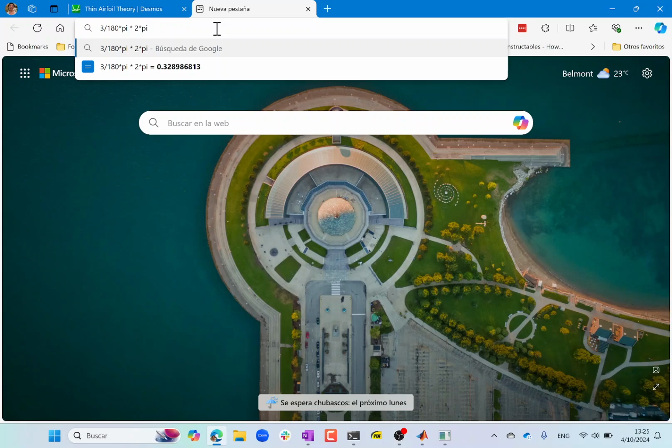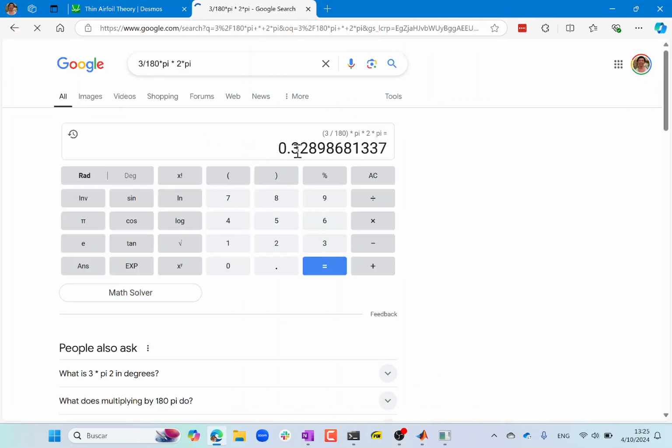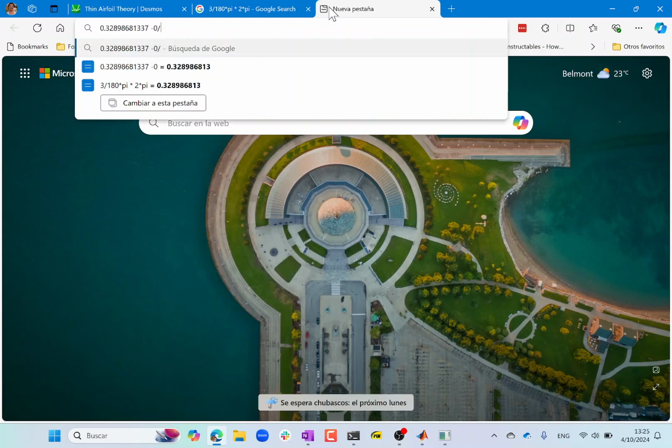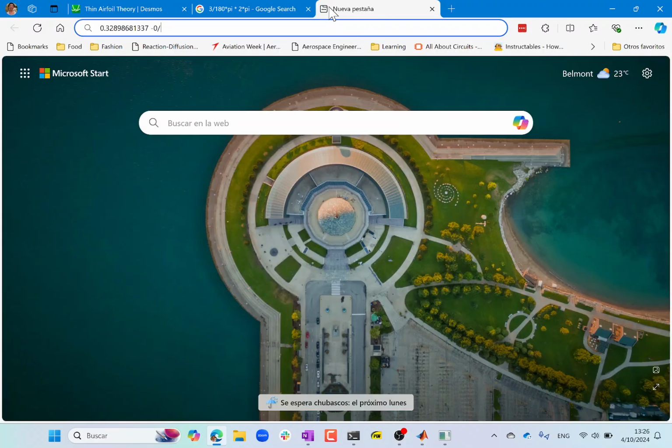What I get is 0.389, right? 0.389 compared to 0.362. Okay, so you get how much discrepancy there is between thin airfoil theory and this, which is less than 8%. Let me see. So this is what I get, and if I subtract this with 0.3289,